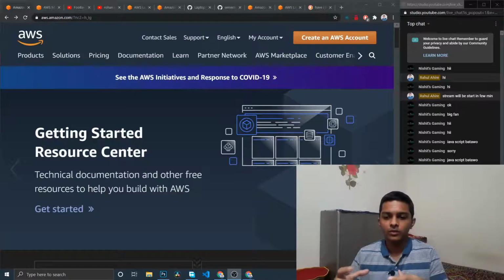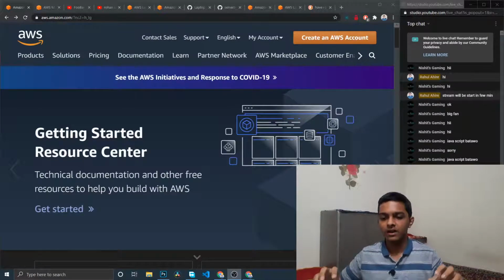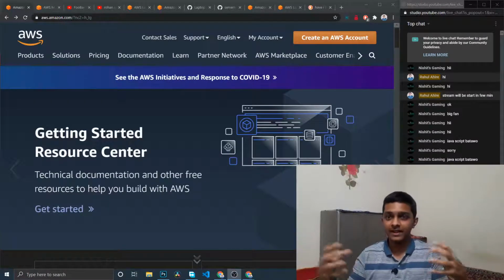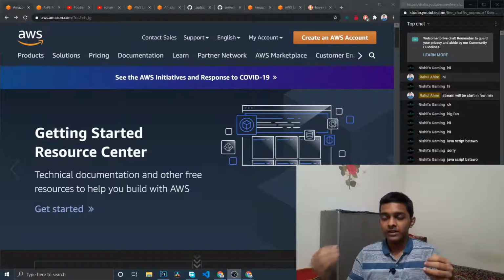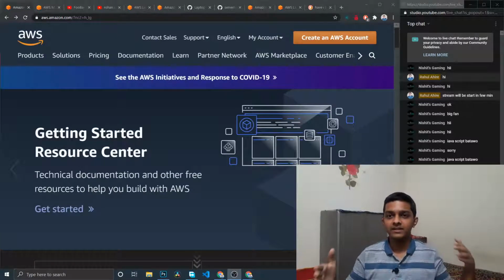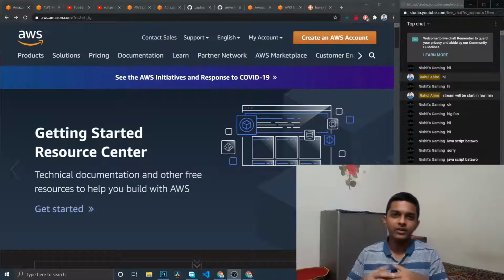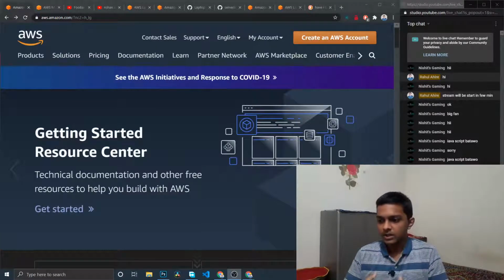Within that shared plan, a lot of other people also have a virtualized container within that server. So if another site gets a lot of traffic, even your site's performance would get hampered a lot.